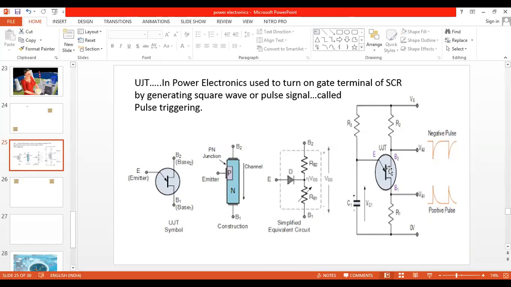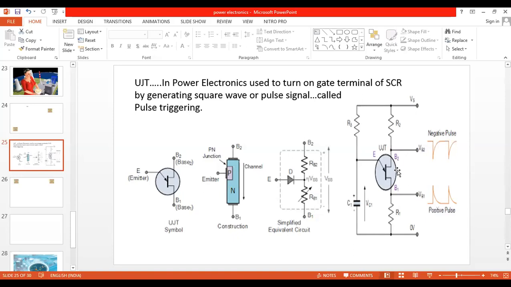UJT is turned on when a small amount of current is entering which terminal? Input terminal, which is called the emitter terminal. So in order to turn on the UJT, even if you are sending 1000 amperes to this B2 terminal resistor R2, UJT will never turn on. UJT turns on only when a small amount of current flows through its input terminal, which is the emitter. So when the supply is on, 100% of current flows through this resistor RS, and then it will charge the capacitor. When the capacitor is charging, the UJT will be off, and when the capacitor is discharging, UJT will be on.